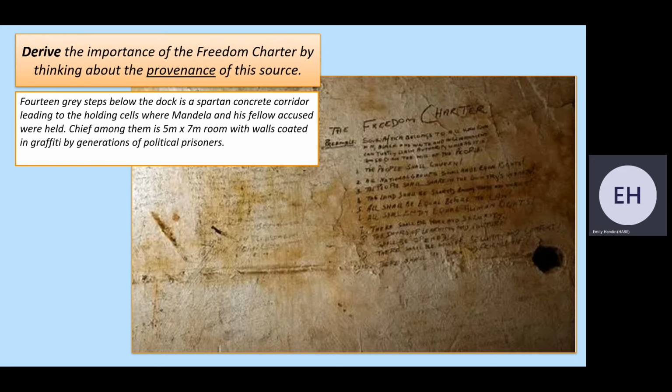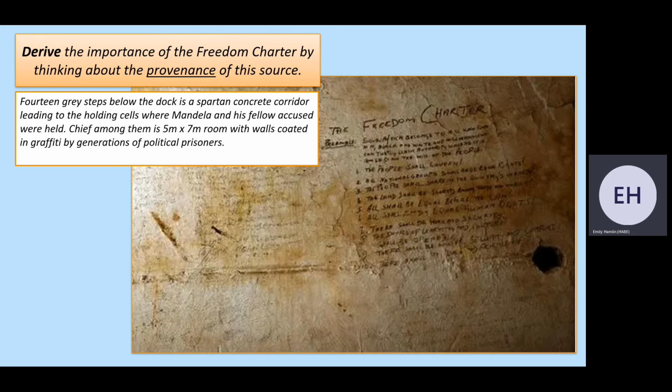Well, it's written here because somebody dared enough whilst on trial to come down from those steps and write and rewrite what was written on that day in 1955 by that collection of opposition groups. How desperate were they, that they had no worries about what would be done if this was found? This is written in the place where they were being tried to be put in prison, for Mandela's case 27 years, and yet this is where they put it.